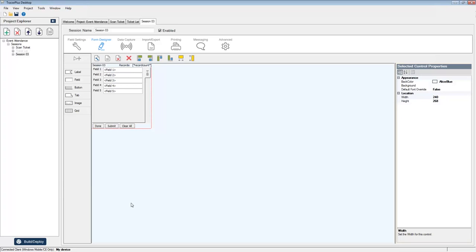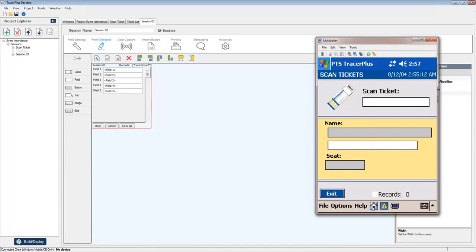And in this case, it doesn't really do anything, but it's a new form that you can configure for a completely different application. So that's another very powerful feature in Tracerplus, you can design these forms. So on your mobile device, you have a scan ticket form, but maybe you also want to set this up for asset tracking, or you want to set this up for some type of inspection. So you want to go out and maybe do fire extinguisher inspections in a warehouse. You can configure all of those forms within this single project, deploy them to the mobile devices, and every time you go to the home screen of Tracerplus,